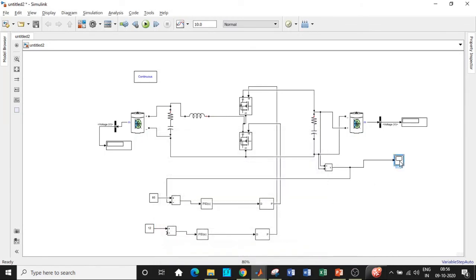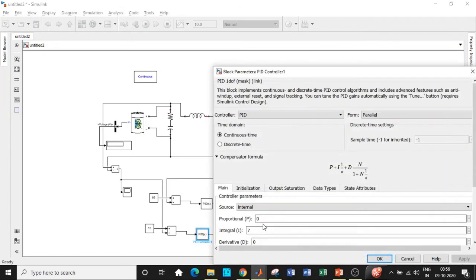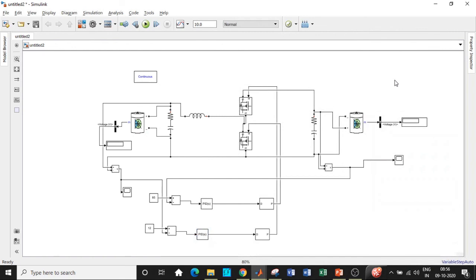So once that is done, we'll be requiring a measurement block to measure the voltage that is available at this point. Between these two terminals we'll be measuring, and the voltage measured will be given to a scope. So copy paste the scope, and I'll be giving it to the scope in order to see the waveform. The voltage that is obtained will be taken as a tapping from this point, and it will compare with the constant reference value that is set, and the PID controller is already copy pasted, so the value will remain as 7. So this is how we'll be able to justify that closed loop operation will provide better results.